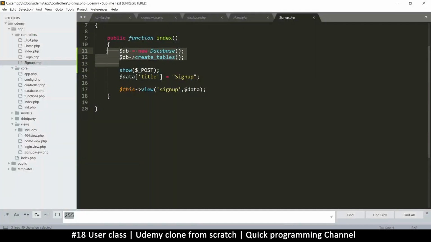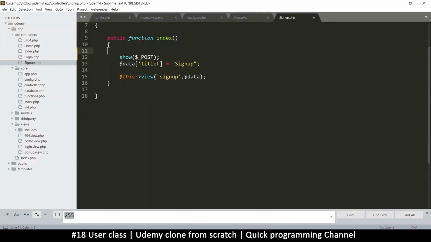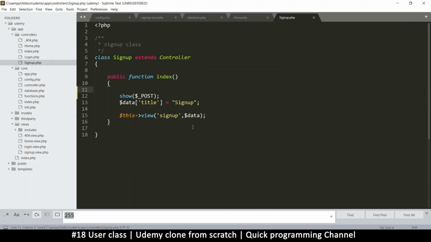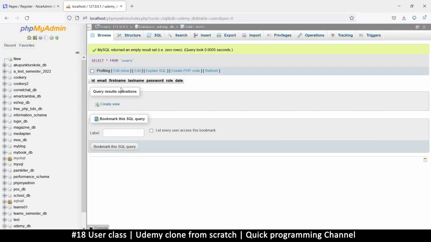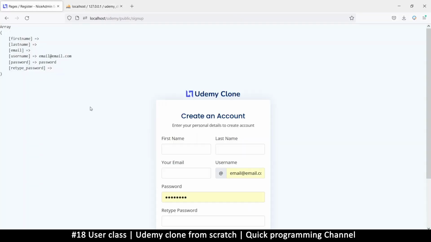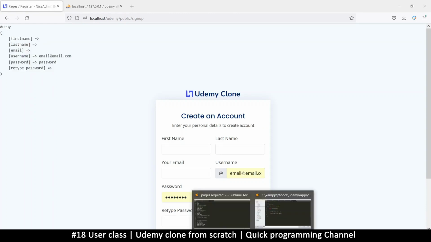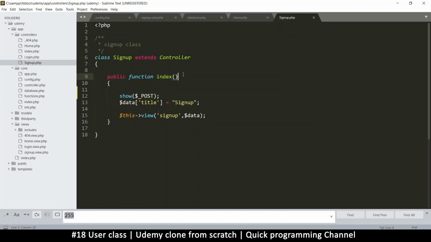Okay, so that was temporary code, so we can remove it. All right, now we have a viable table there, a users table. So we can start adding information. So first of all, like I said, we need to validate something. So what I'm going to do is, let's create a model that will do that. So I'm going to right click on models here